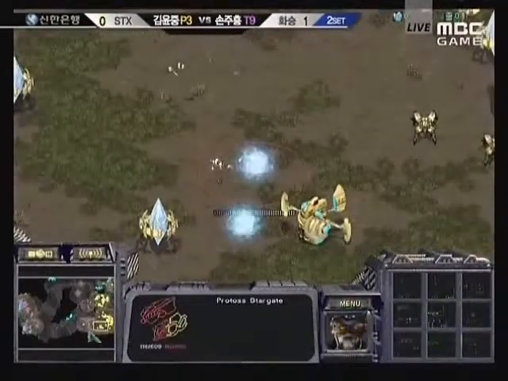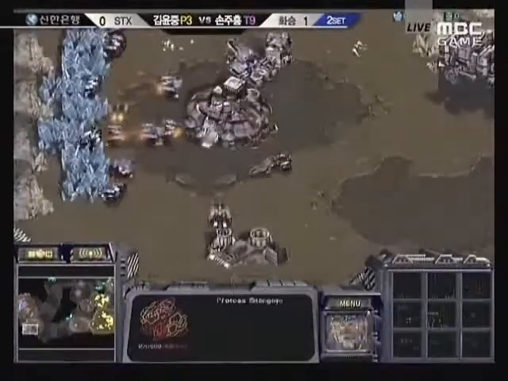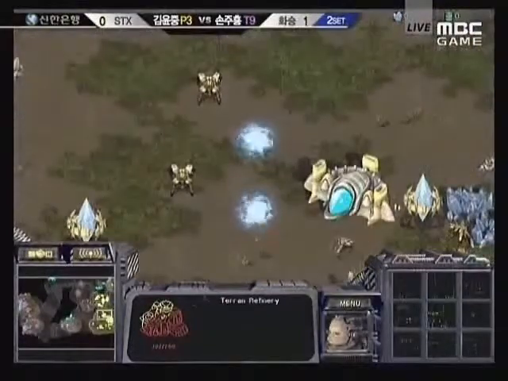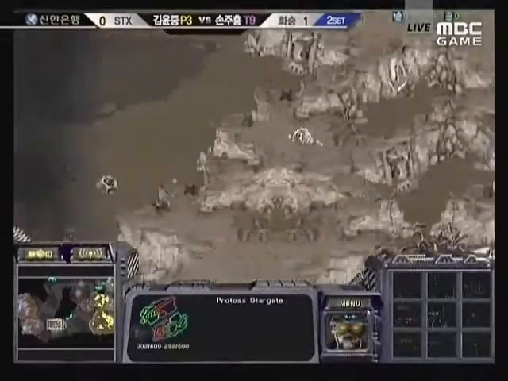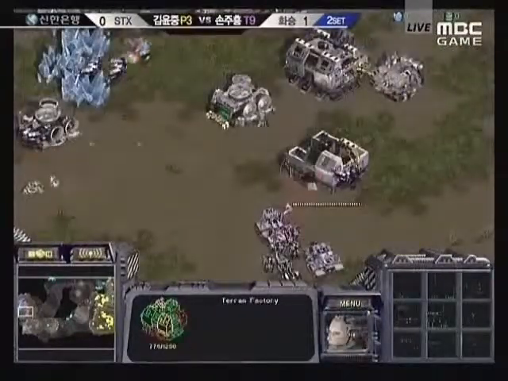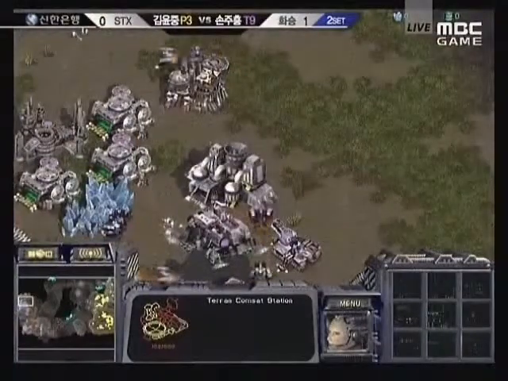Templar Archives going down, as well as the Stargate, so we are going to see some very, very fast Arbiters off of 2 base. 2 gas Arbiters is extremely difficult to support, actually, so he's going to need some great Arbiter play here in order to counter it, because with only 2 gas, you can't really sit there and produce that many Arbiters while at the same time pumping out Dragoons, and you're not going to have as many High Templar or anything,